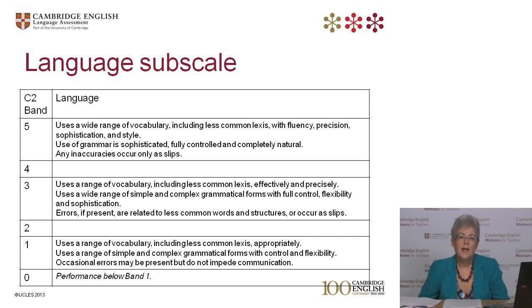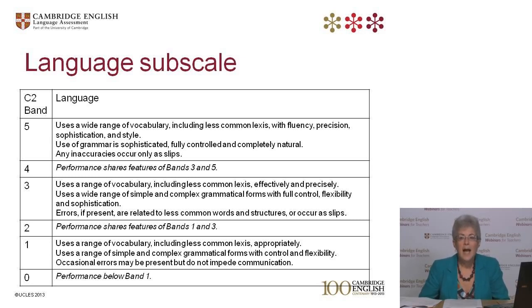You'll also notice how all the descriptors are worded in a positive way. It's all about what the candidates can do, not about what they can't do. So how about bands 2 and 4 then, which we haven't really talked about yet? As I've mentioned, each of the bands 1, 3 and 5 represents performance at one of the CEFR levels. Band 3 is at C2 level and band 1 is at C1 level, and obviously band 5 is above C2